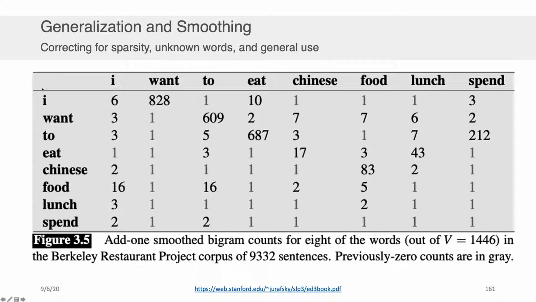Now, the way that you can read this table is the column there on the left-hand side is, let's say, a given word, and then each of the columns thereafter is the next word that occurred following that given word. So for example, if the word was want, the word to happened 609 times, eat happened twice, Chinese happened 7 times, and so on and so forth. Well, what you'll notice is that some of these are grayed out ones. And these grayed out ones are precisely the Laplacian smoothing that we spoke about.